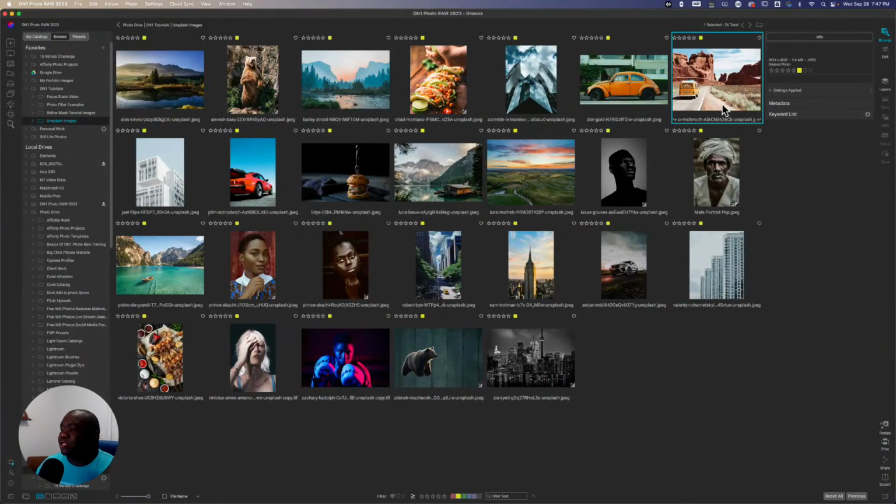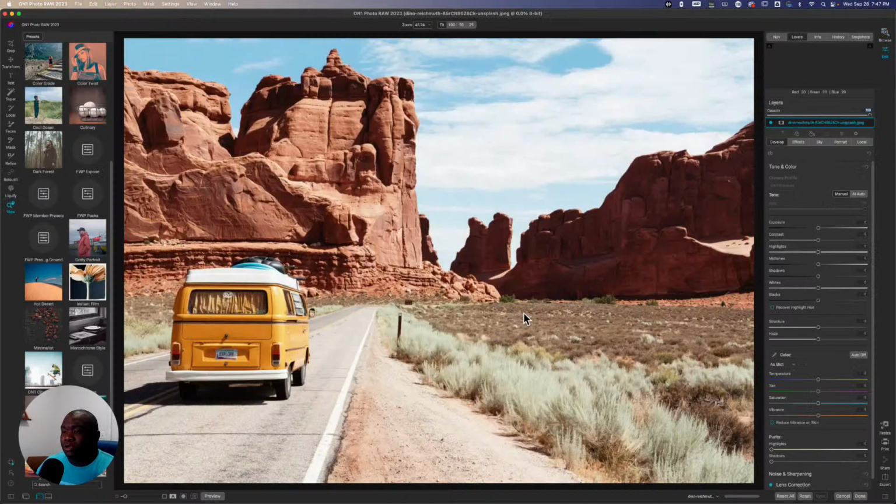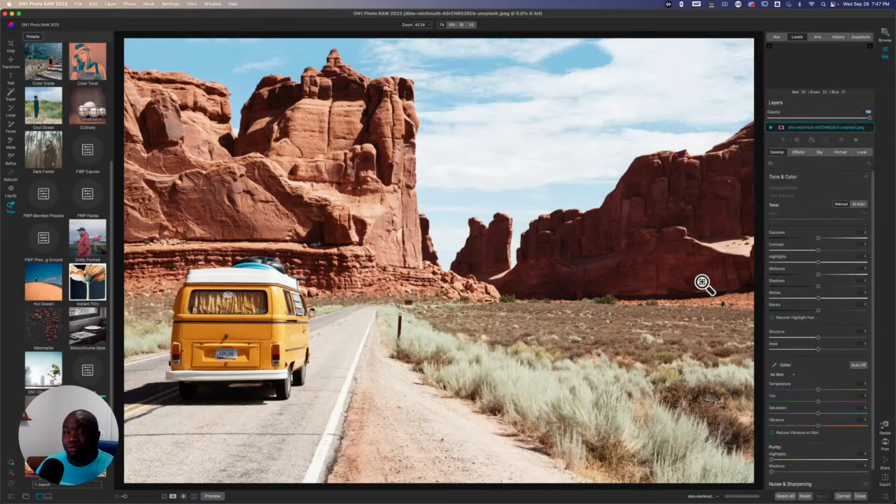photos you're creating your presets from, because if it's a car and it's identifying it as a transport, and then you go to another photo and that's not picking up as a transport, you're going to run into some issues. Now, you know what? I do want to show, or at least troubleshoot, how I think we can solve that issue. So let's just jump back into this photo, because this is the one that gave us the issue when we added that preset, right? So I just want to see if there is a workaround to solving that problem